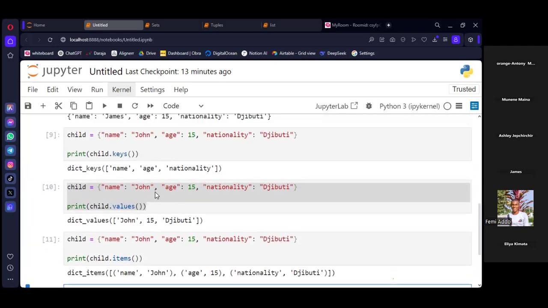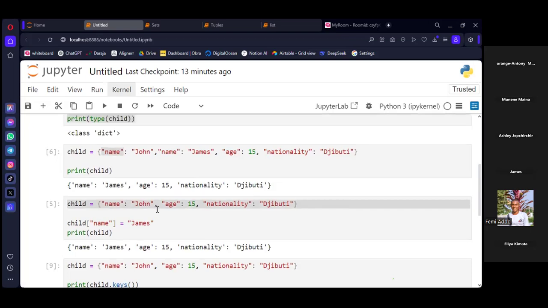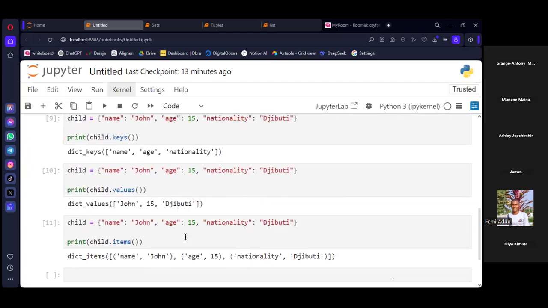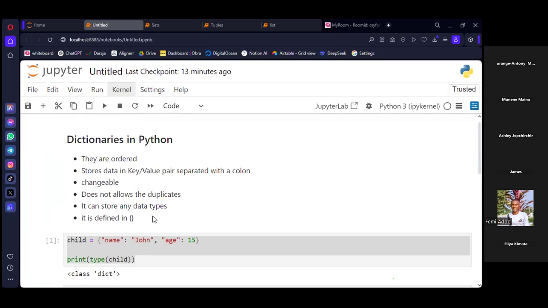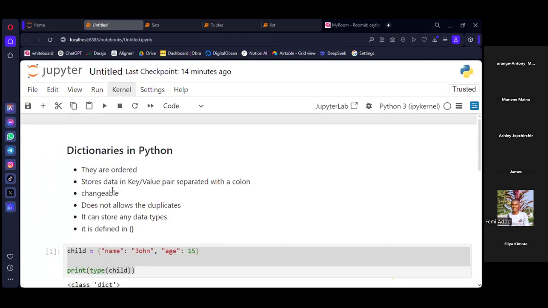There are some other methods behind these dictionaries. You can add, you can remove, you can modify, you can do other things. But the key thing in this case is just to demonstrate these attributes, because if I were to discuss everything, I would never finish this onboarding program. This is just to bring beginners up to speed. So that's something about dictionaries. We've understood that it is ordered, but even though it's ordered, you cannot access elements by their index.